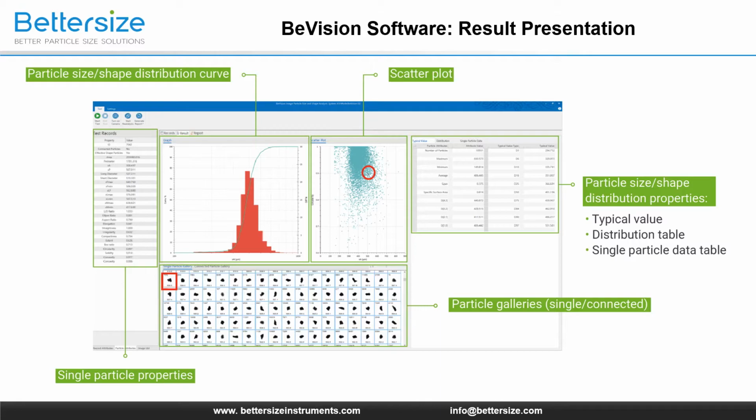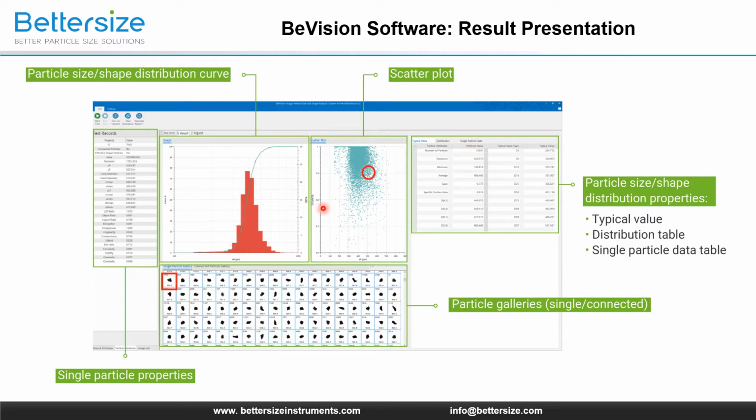How can we organize the data and statistics into readable graphs or charts? The result presentation page of the Vision software provides 5 powerful weapons to present test results. The first one is the particle size or shape distribution curve here. This graph is presenting the PSD of the whole sample. You can select from a differential curve, a histogram, an under sieve cumulative curve, a sieve cumulative curve, or even display all of them.